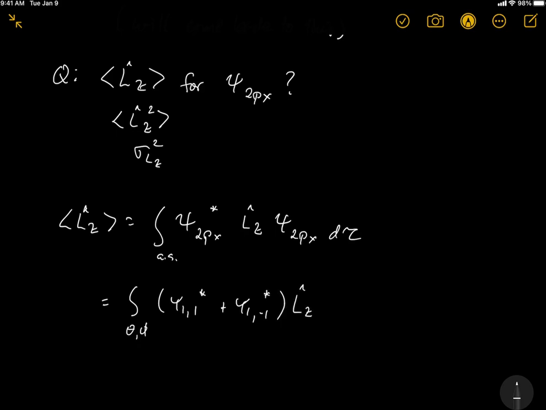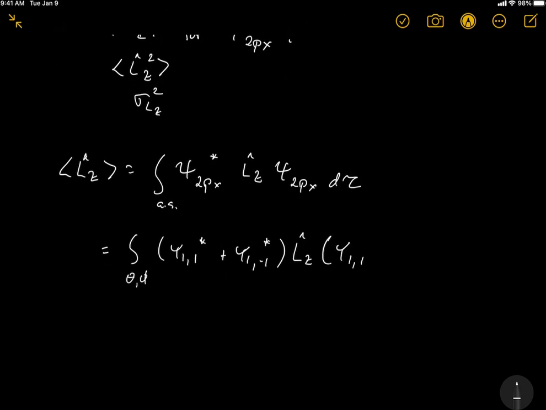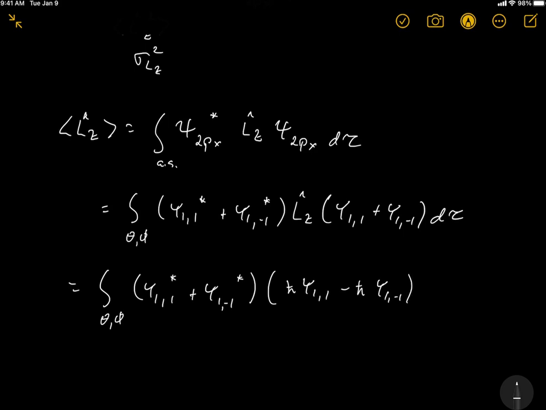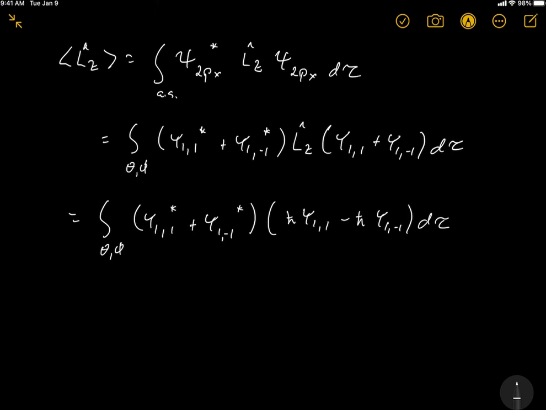And then we have LZ. Okay, and then distributing LZ over the YLM to the right, again, just repeating this, the Y1 1 star plus Y1 minus 1 star, and distributing that, that's going to give us h bar Y1 1 minus h bar Y1 minus 1 d tau,